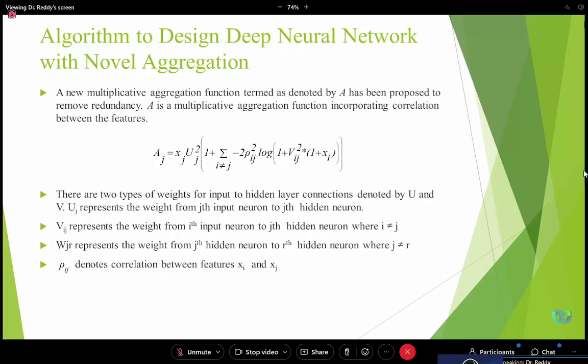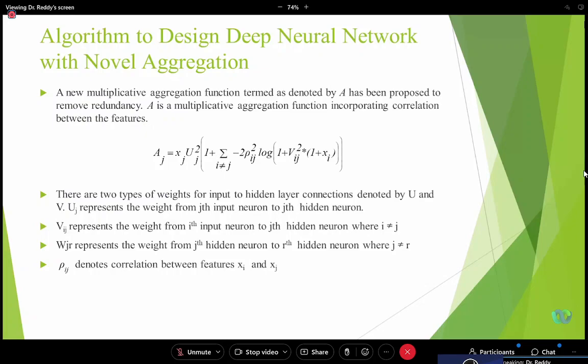So it's very important. This is just an example of a conventional kind of aggregation function where you are adding the flavor of some correlation between the features. By doing so, it is easy for you to deal with certain features and their aggregation, how they are happening. Similar features, when you are aggregating them, you should have a certain opinion for that. For dissimilar features, there is not much correlation between them. So you are giving certain weightage while aggregating features which have that correlation: highly correlated, not correlated, something like that.